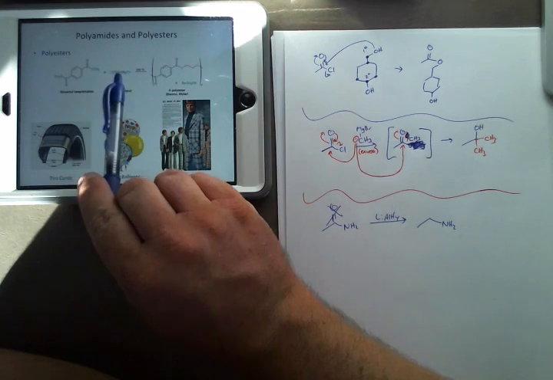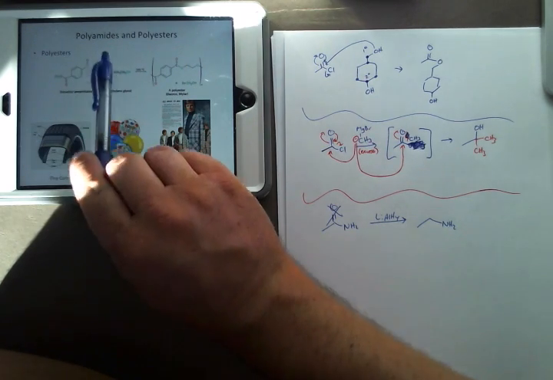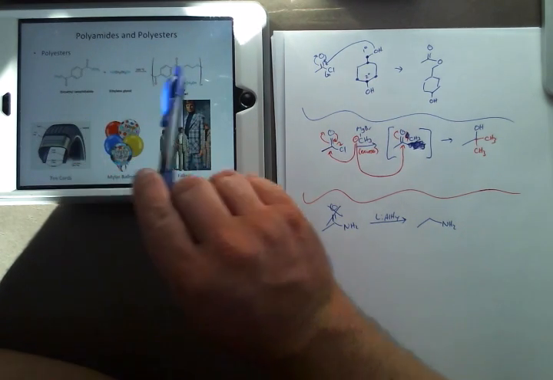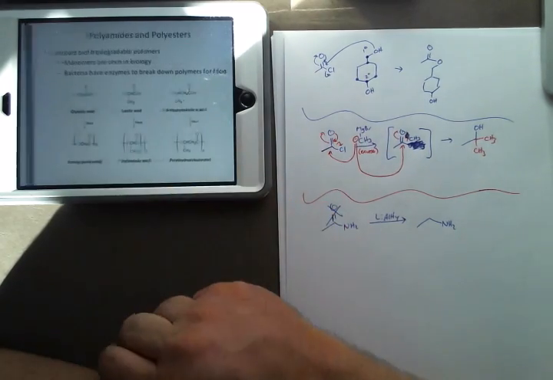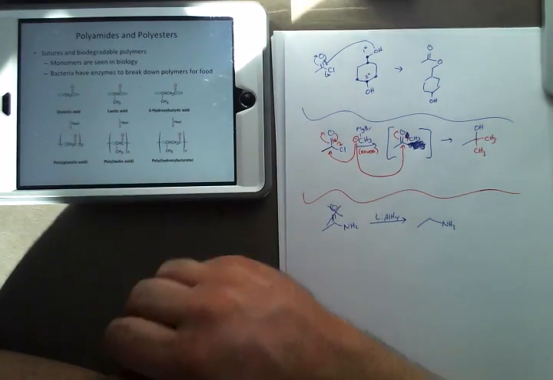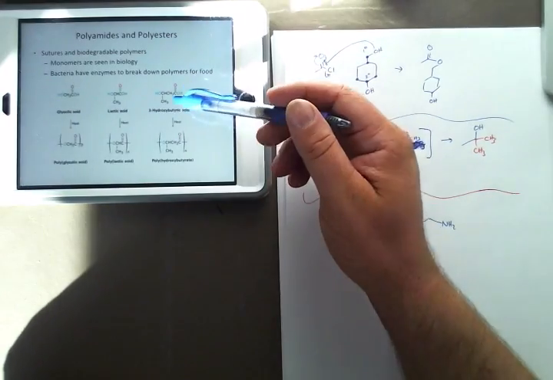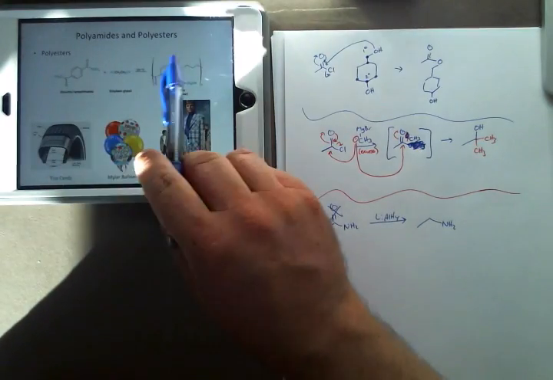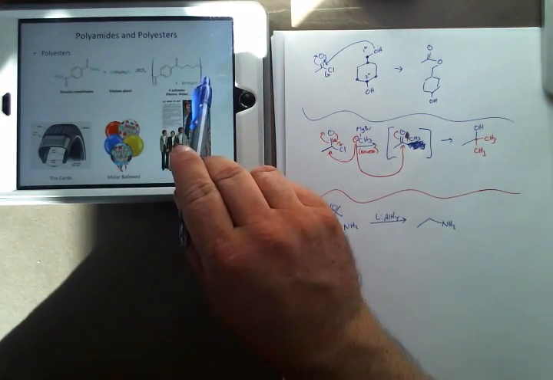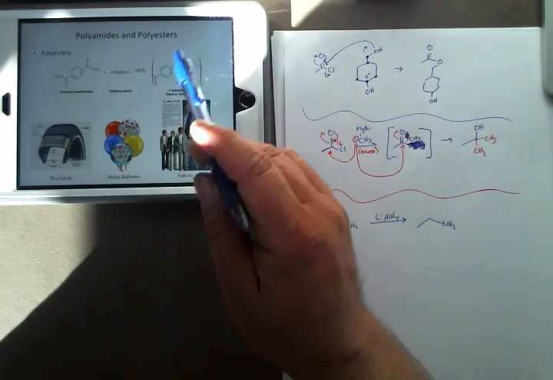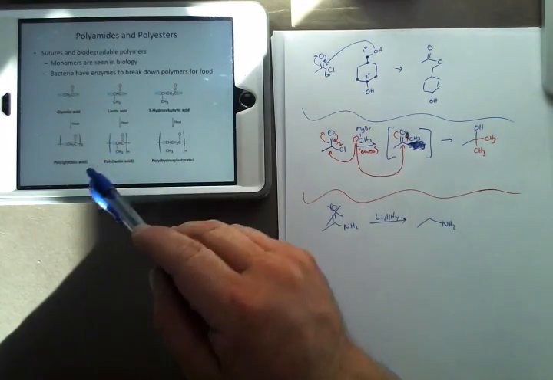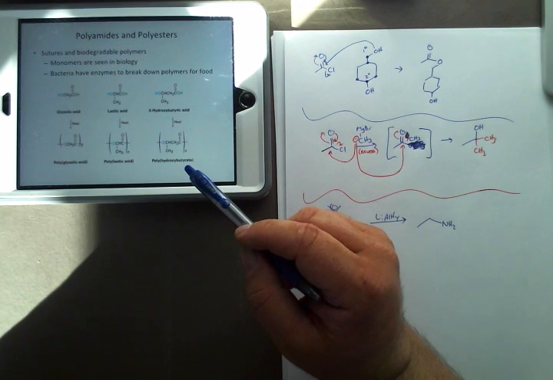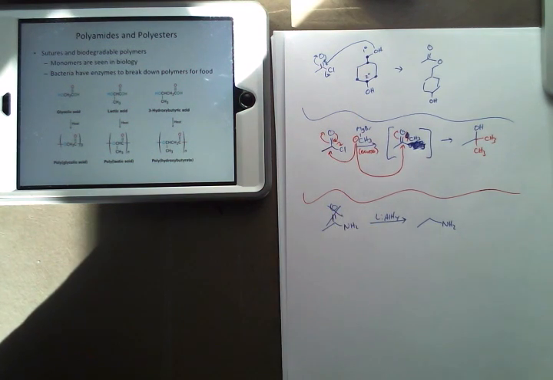You make it from ethylene glycol. This comes in, it attacks, up, down, kicks away, and so you end up with a nice polyester. So polyamides, polyesters. These are difficult, because biology doesn't know how to deal with them. Biological systems don't break them down. That's why they last for 1,000 years in the landfill. But for things that biology knows how to deal with,